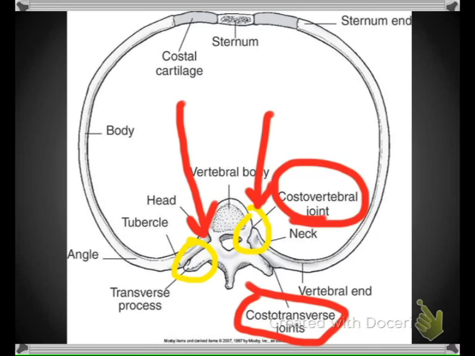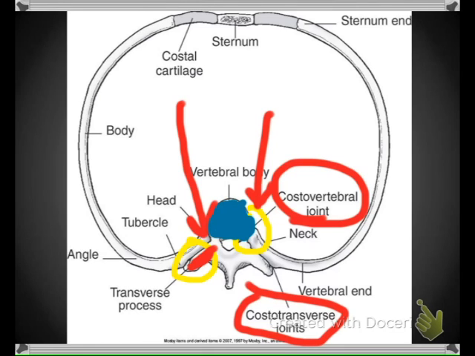It becomes very easy to remember because the costotransverse simply articulates with the transverse process. The costovertebral joint articulates with the body. And so just keep those in remembrance, and it will really help simplify what you're looking at in terms of